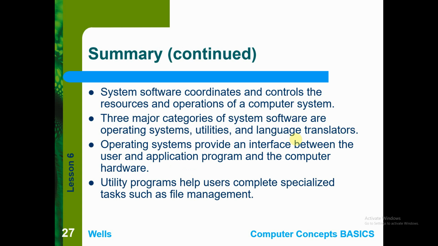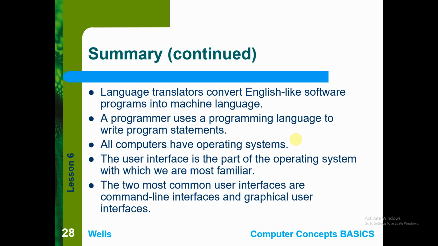And again, for the categories of the system software, the OS, the utilities, and the language translators. So interfacing between the OS is used for between the user and its application program and the computer hardware. Utility programs are your programs that help users complete specialized tasks such as file management, and translator for language, for English like into machine language, and programming language as a way to write up program statements for the computer to